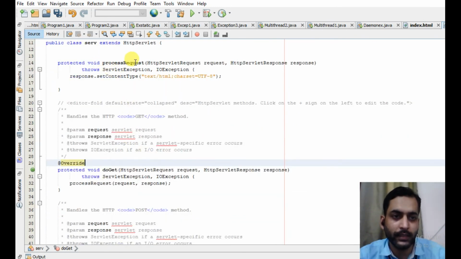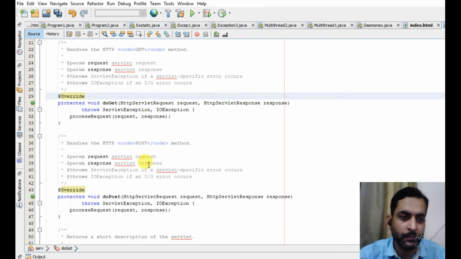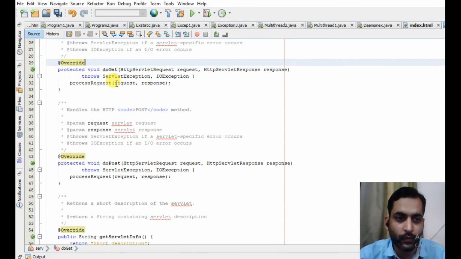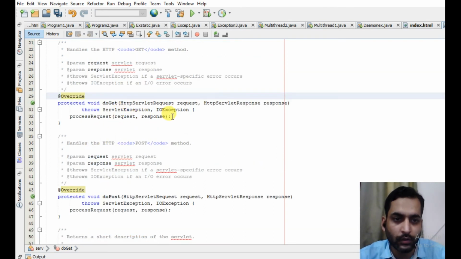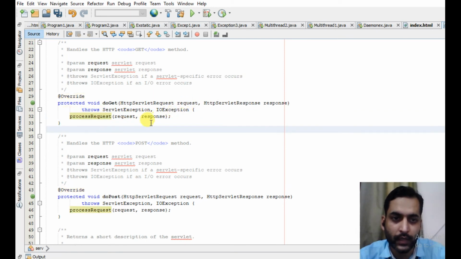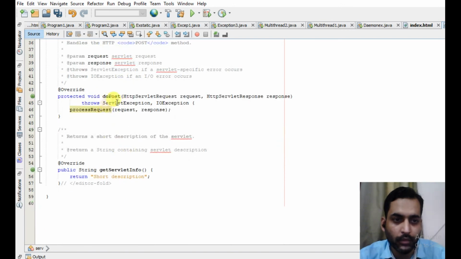Here the third method is process request, and we are calling this process request method inside both do get and do post method. So you can see in do get also we are calling the process request and passing this request and response object, and in post method also we are passing the request and response and calling the process request.